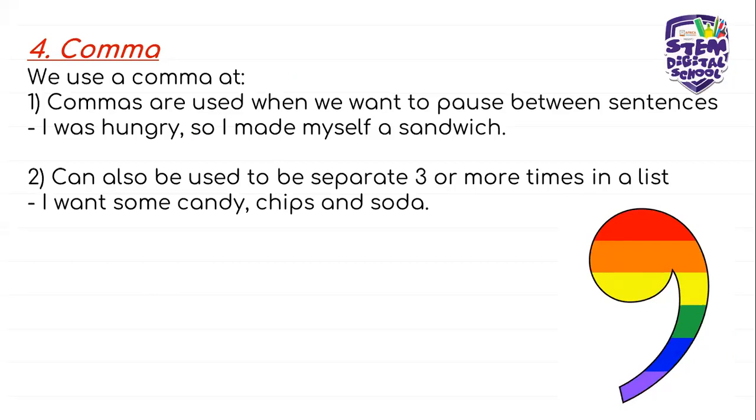Okay, so that is one way we use a comma. And we also use a comma to separate three or more items in a list. So, I want some candy, chips, and soda. So every time you list three or more things, like